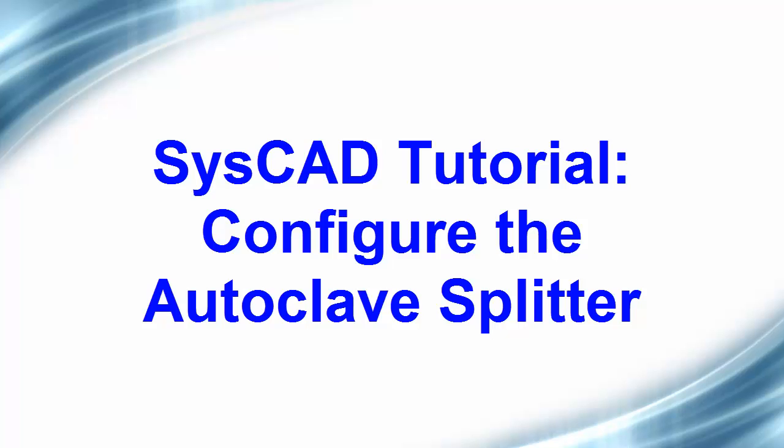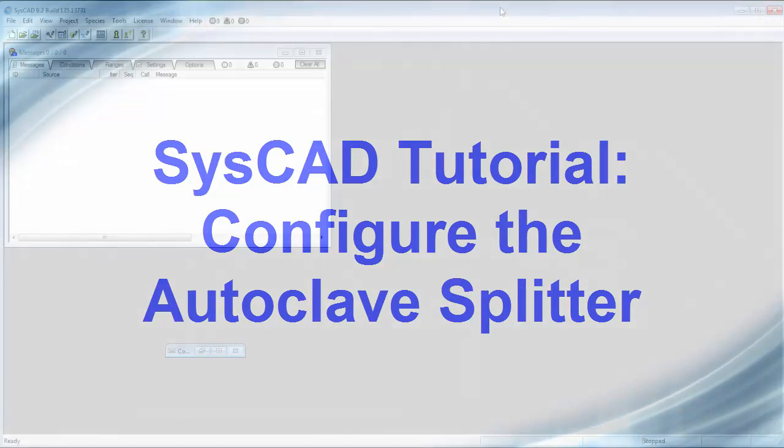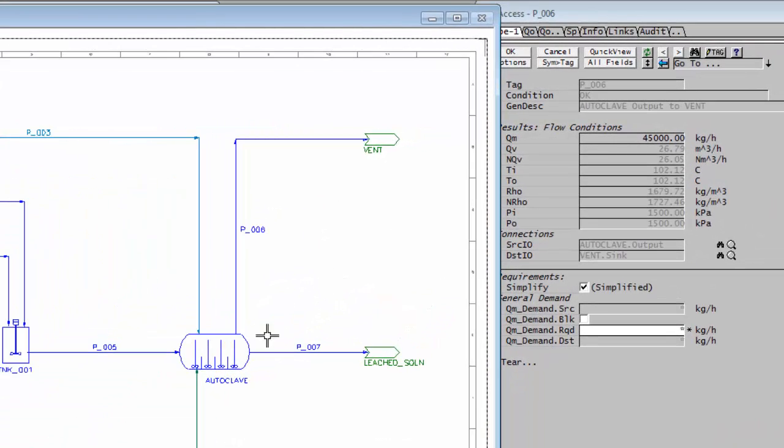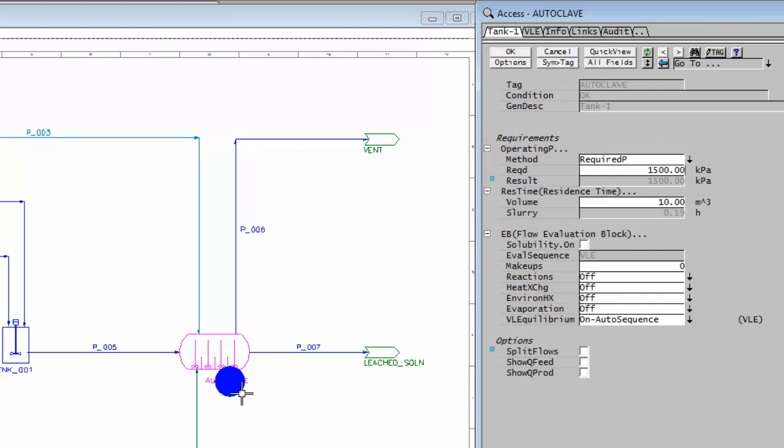In this exercise, I will configure the autoclave unit model. In a tank or a tie, unless you as the user set the split, SysCAD will divide the flow out of that equally. But in our case, we want all the gases to go out of P006, out of our vent stream. So to get SysCAD to do that, if I right-click on the autoclave,